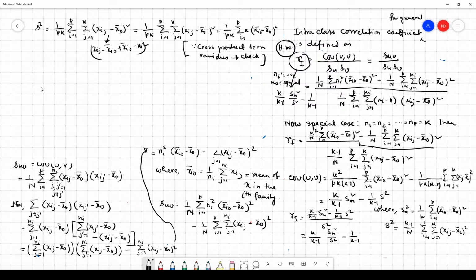And therefore S square, which is equal to 1 by pk summation i from 1 to p, j from 1 to k, xij minus xi